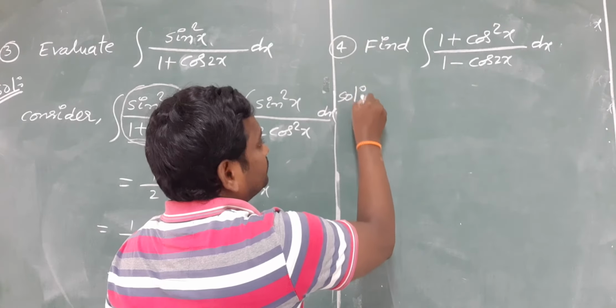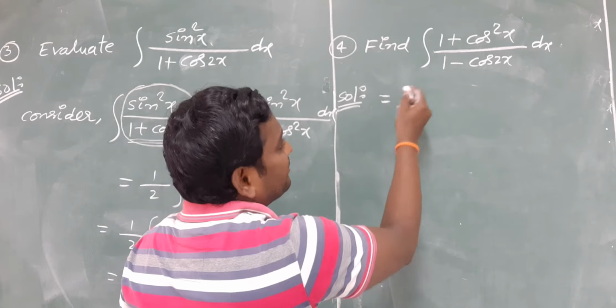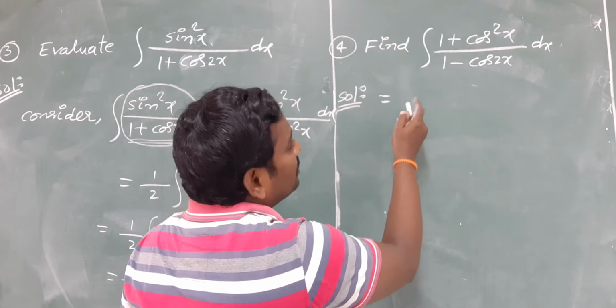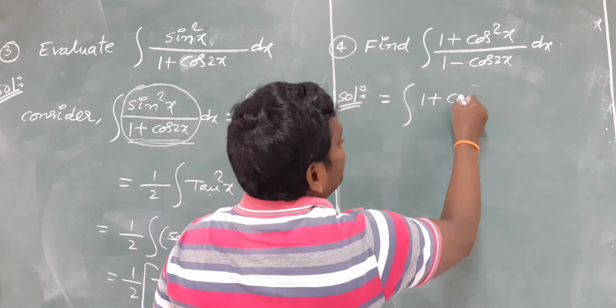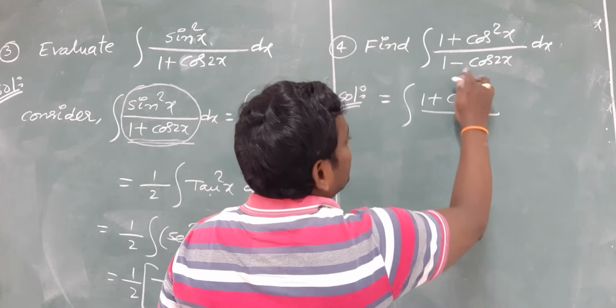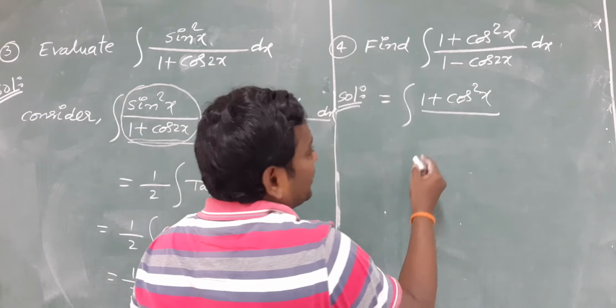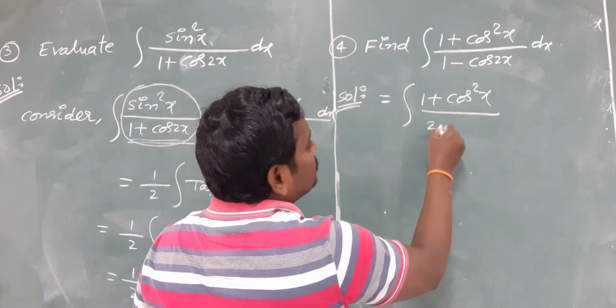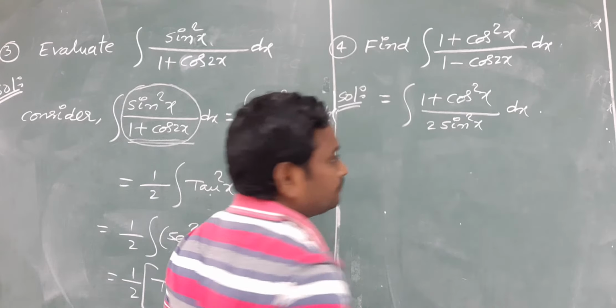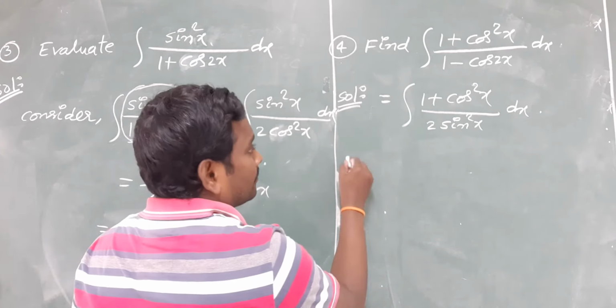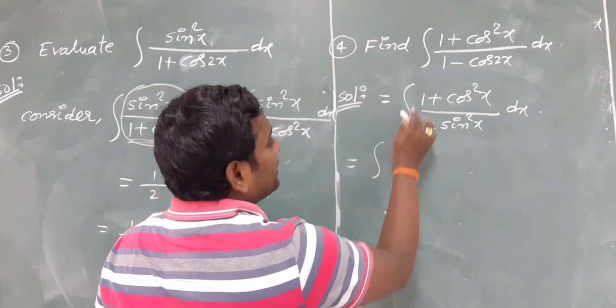Solution. Once consider the given problem, and the given problem is equal to, numerator is the same, don't change the numerator, but in the denominator we have 1 minus cos 2x. How can we write 1 minus cos 2x? 2 sin square x, of dx. Okay. Now split the terms,